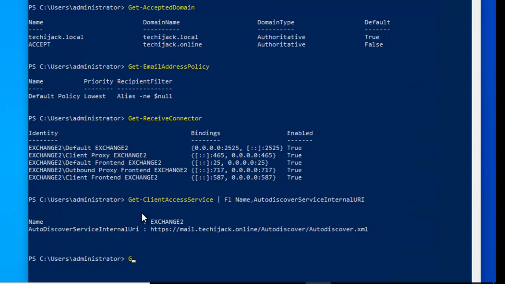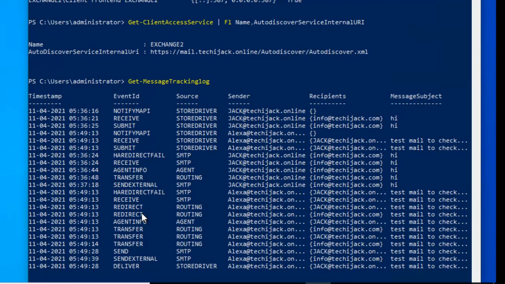Let's check Get-MessageTrackingLog. You can see the sender was Jack. It says hi. These are the message tracking logs.